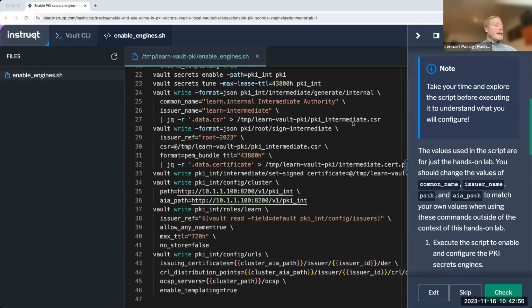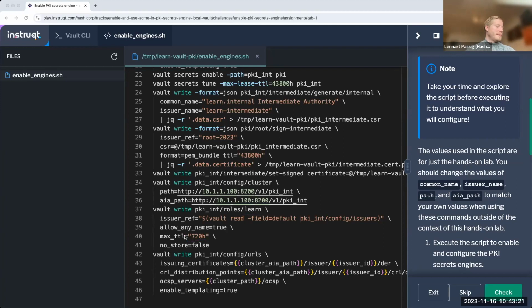We go ahead and create a CSR for it, and we reference the root certificate from above in order to sign it, and we write into it. Perfect. And eventually we'll create a role called learn, where we say this is the maximum of 90 days, respectively the maximum TTL that we can leverage